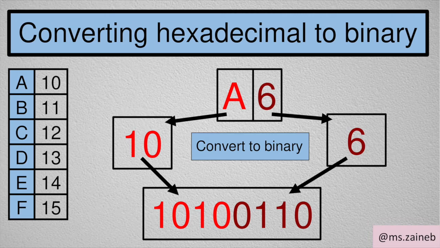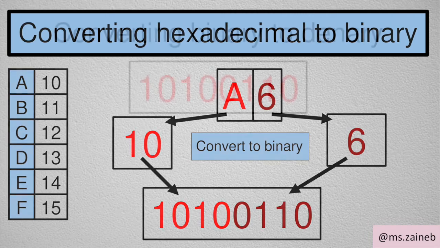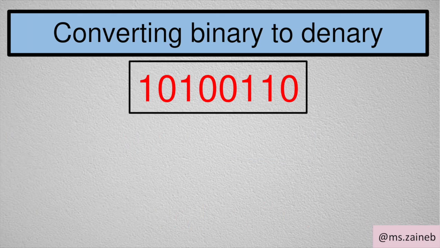Okay, so that's the first bit. Right, next thing we're going to do is convert binary to denary. So this is one method. I will show you how to do hexadecimals directly into denary, but let's say you forget how to do that and you get stuck in the exam, you can always do it the long way and convert it into binary first and then convert binary to denary. Okay, so let's have a look at our binary number, 1010